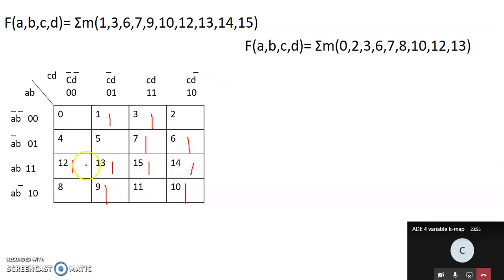Once you place 1 in all these locations, what is the first important thing? The only possibility is that you need to look at the maximum number of ones first. And you know you can only group in 2, 4, 8, like that. If I go with this one, what is the possibility I have? I can group with this pair or with this pair. But since it has a quad, I'll go with this quad instead of a pair.